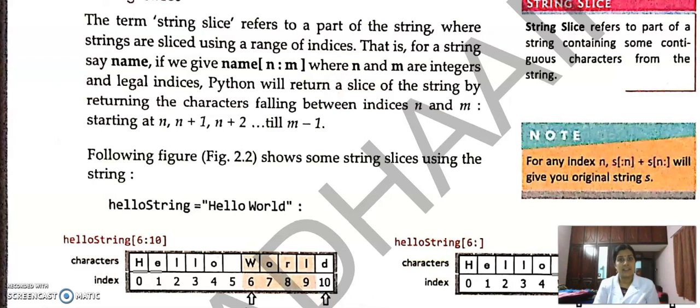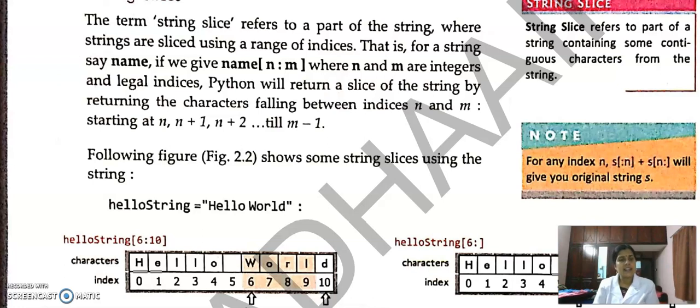What do you mean by slicing? We all are using this term slicing, like one slice of bread. Slicing means we are taking a piece of something, suppose it's bread. It's slicing a portion. Like that, string slices means we can cut our string and access some portion of the string. A part of a string is accessed by the term slicing.